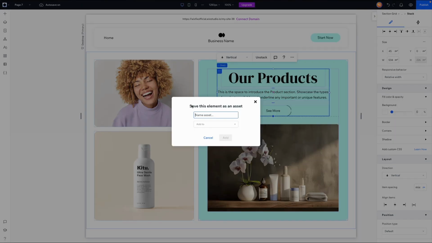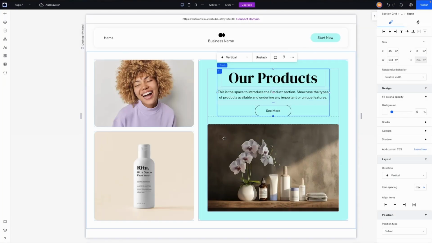this little box will appear. Now I'm just going to give this a very basic name like General Text Stack. And then underneath that, we have an option to save it as an asset or save it into a library. Now, saved assets is typically where I just throw in general design assets. However, if I have a client that already has a set library with their fonts and colors, I can actually just save it directly to their library. But like I said before, this is just a general text stack,